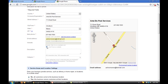But there's a lot of things. There's a lot of factors. Some are more important than others. Clearly now, having a website that is well optimized plays a role. For the description, you want to put a description in of your business, and you can just say, Ants, etc. is a full service pest control business